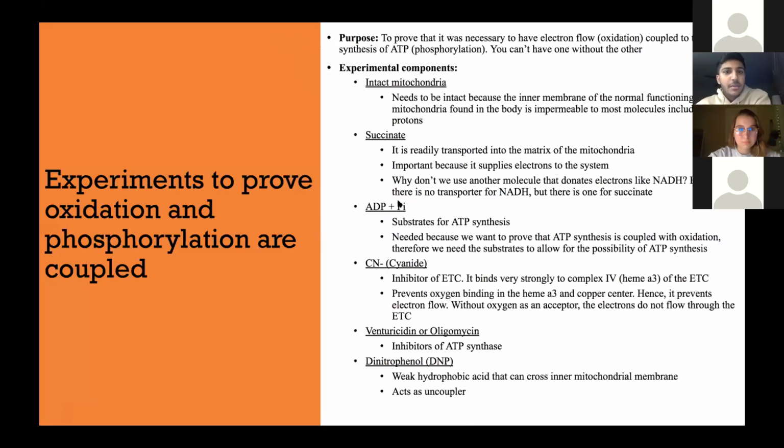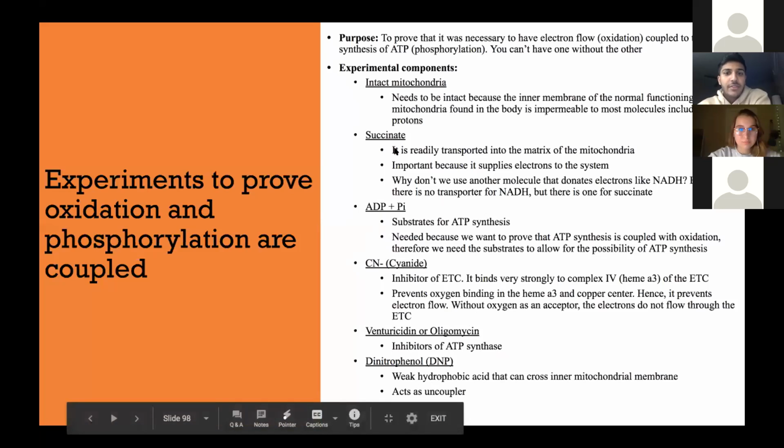And then your ADP and Pi are substrates for ATP synthase. These are your reactants. Your CN, your cyanide, is going to be the inhibitor. If you remember, this is the inhibitor of complex 4. Then your venturicidin or oligomycin is going to be your inhibitor of ATP synthase. And then DNP is going to be your uncoupler. So you have to know what each of these functions are. And so that's